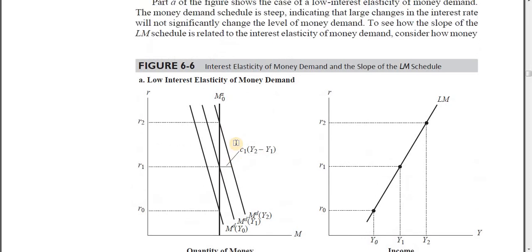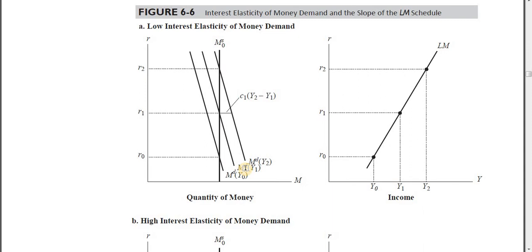This picture is not explaining the income elasticity of money demand per se, but we can draw this on our own. This is quite simple. It has nothing to do with the shape of the money demand curve. You can draw it in whatever way you want. It's just that in case of a steeper LM curve, when we want to show that with a given change in the income, money demand is increasing exponentially, we might need to shift MD directly from Y0 to here, from first till third. So this is how we'll be directly keeping R0 and R2 in link. So that's how we'll be joining R0 and R2, and we'll be drawing a steeper LM curve. This is something that we can draw on our own, nothing difficult here.